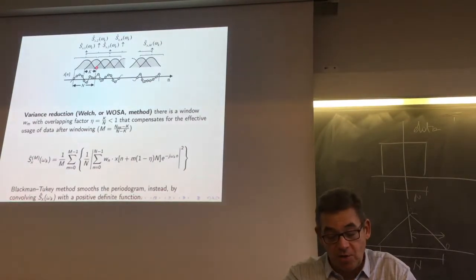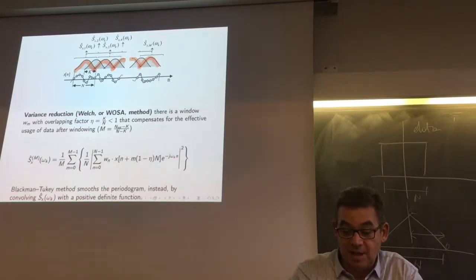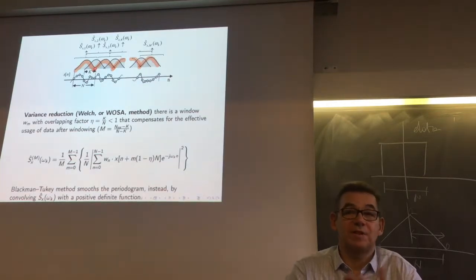Essentially, when you window, the second window is not just one after the other. Rather than the windows being one after the other, where in this case you lose the energy, because the samples in the center are never used, actually 0 or very small,